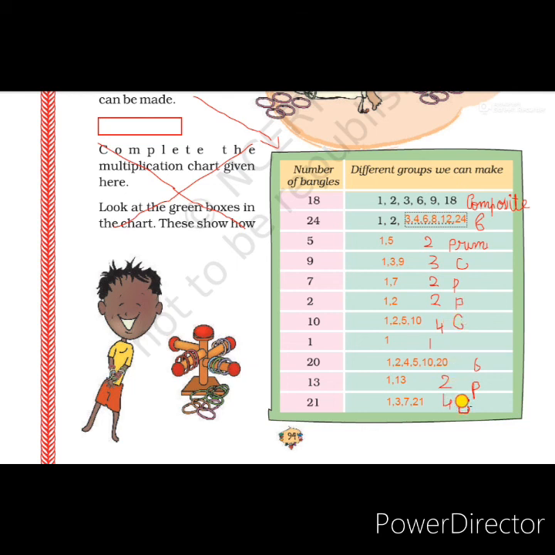So from this table we found that there are 2 types of numbers, that is prime numbers and composite numbers. Now one number is there, it has only 1 factor. So we can say that 1 is not a composite number and it is not a prime number. We can call it a special number. 1 is a special number because it has only 1 factor. So 1 is a special number, and there are prime numbers and composite numbers. Now the next topic we will continue in our next class.